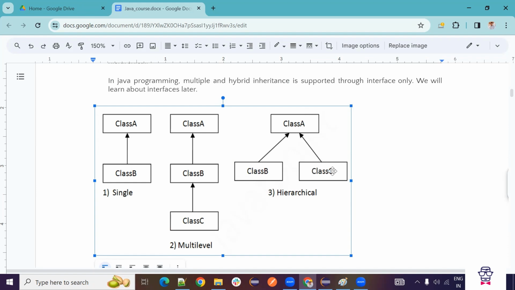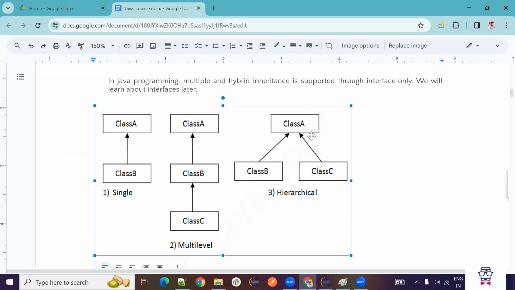And again, class C extends class A. So this is also the same. Class C is extending from class A, but it will be divided. It can have multiple children. Now we will create one more child. Class E extends class A, because one parent can have many children, any number of children. Whatever the methods are there in class A, class B can access, class C can access, class D can access.